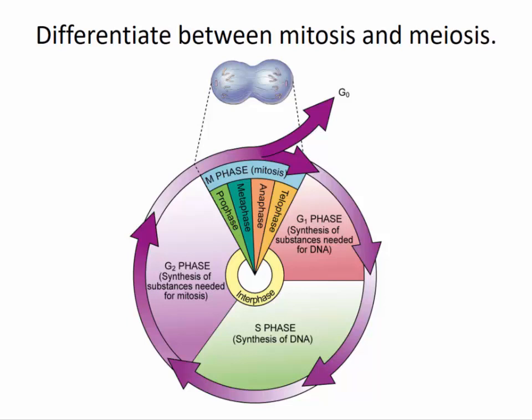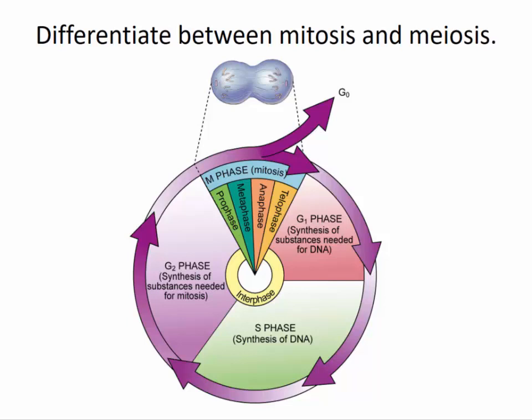Let's start with the G1 phase. Let's imagine we have a single cell. In that G1 phase, the cell is going to grow and produce more organelles and produce more substances needed for making more DNA. The G1 phase is about the cell getting bigger and preparing then for the S phase. The G of the G1 phase stands for growth.